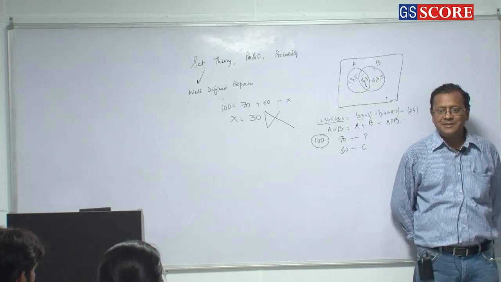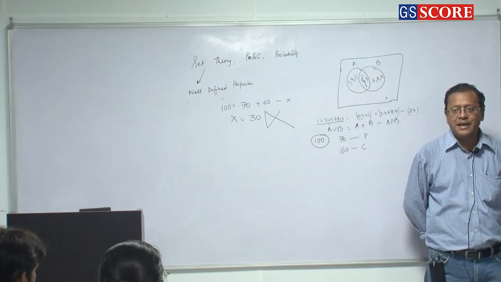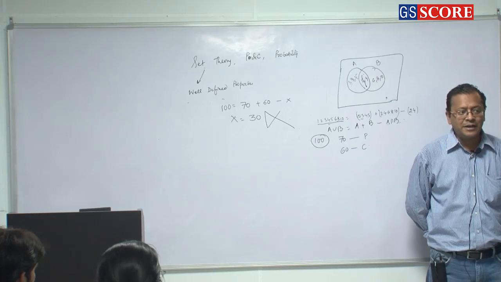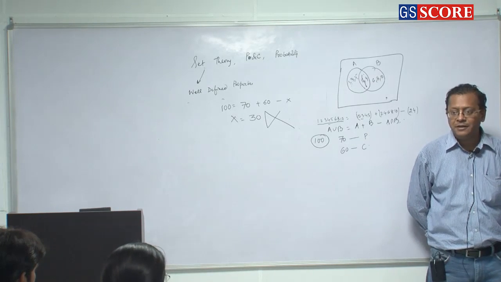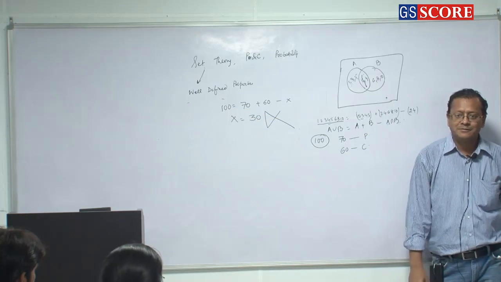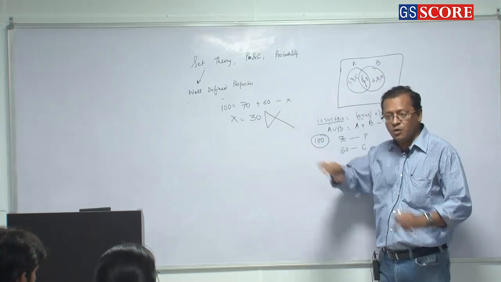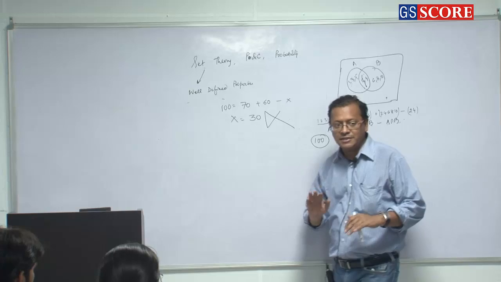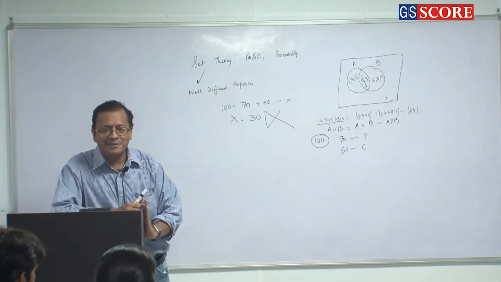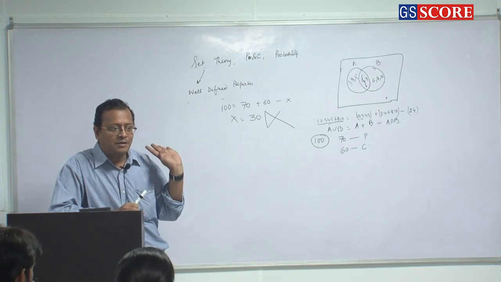isn't it? And I did not give you this permission, which means the answer of this question will be cannot be determined. Unless and until I tell you nobody failed, then only you can put the value to be 100 here. If nobody failed, then 30 is one of the values. In fact, 30 is the minimum number of students who passed in both the subjects. है कि नहीं? Minimum 30 तो होंगे ही होंगे.